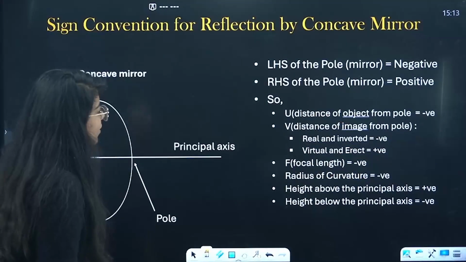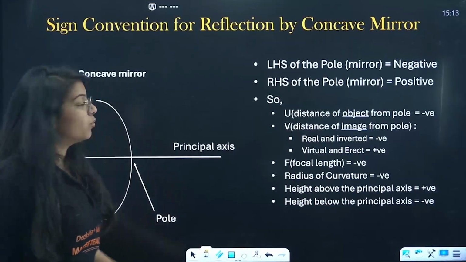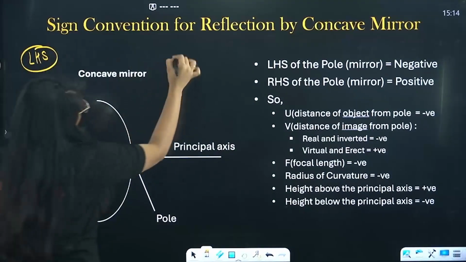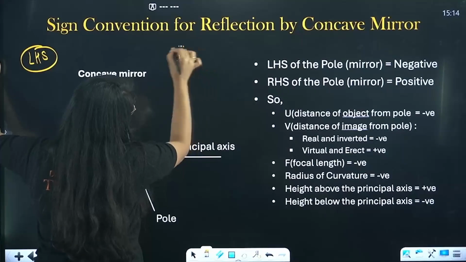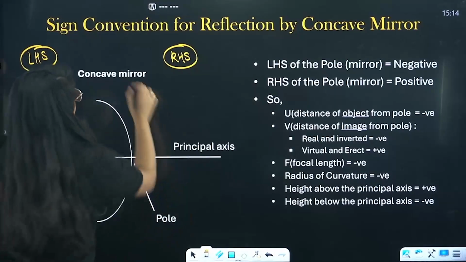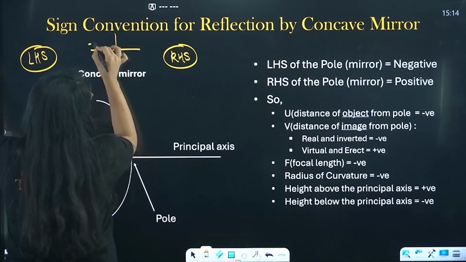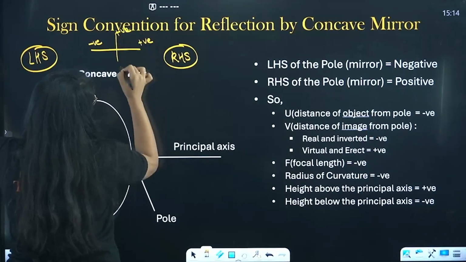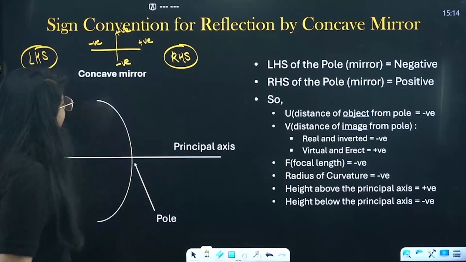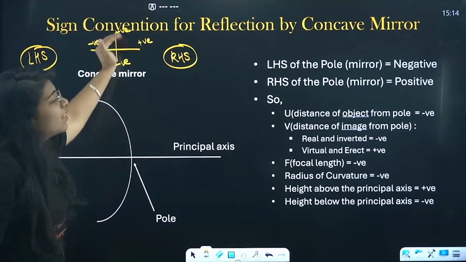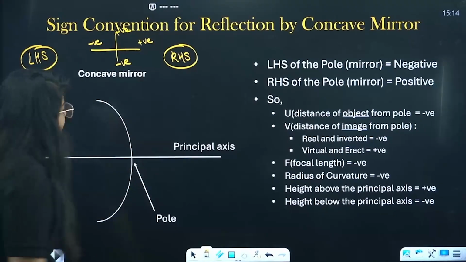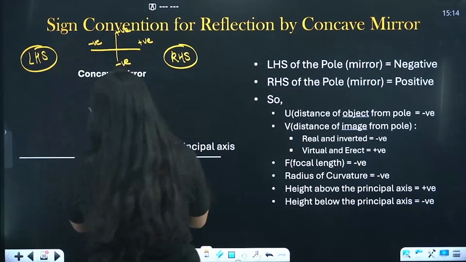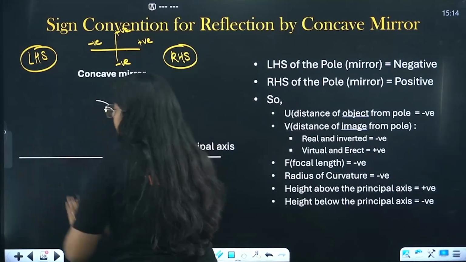What are these sign conventions? Now, beta, I told you that this side of the mirror is called left hand side. This side of the mirror is called right hand side. Right? Now, beta, do you understand the x-axis? This is the negative x-axis, positive x-axis. This is positive y-axis, negative y-axis. Right? Similarly, we have curved these axes. Let's understand that. That means all the distances on the left hand side of the mirror,